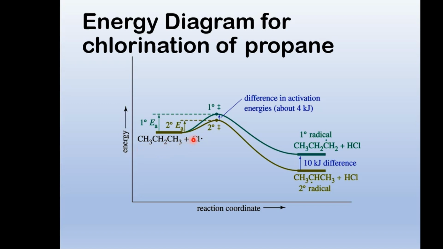And this thing encounters this. Pull out one of these hydrogens, it only takes this amount of energy. Pull off one of these hydrogens, takes this amount of energy. So to form the primary radical, we have a higher energy of activation. We don't care what it was. The slide's saying it's 4 kilojoules higher. So the reason why we form more 2-chloropropane is because in the reaction mechanism, a secondary radical is more